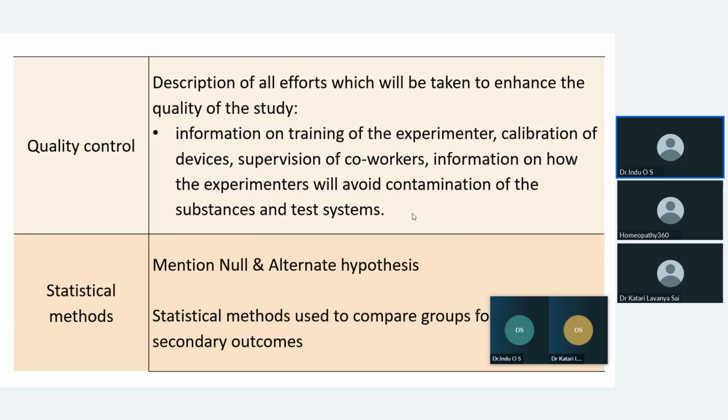If you are taking these three parameters for analysis or assessment, we'll make before and after tables for them, and with some statistical test, as I told, the paired test, we can use it. With some formula, we have to see the standard deviation and all those things, substitute the values into the formula, and then we'll get a p value. We compare with the table and find whether it is a significant change or not after the treatment. Like that we have to analyze.